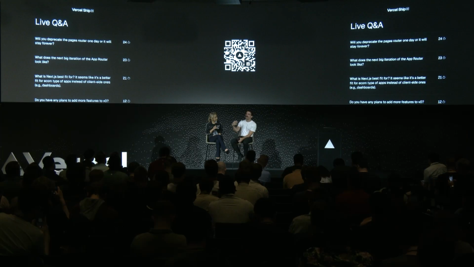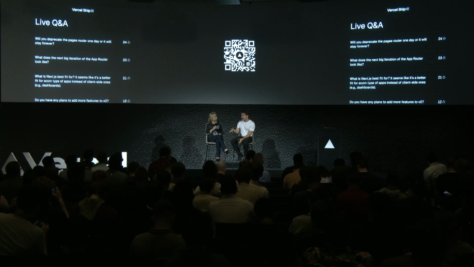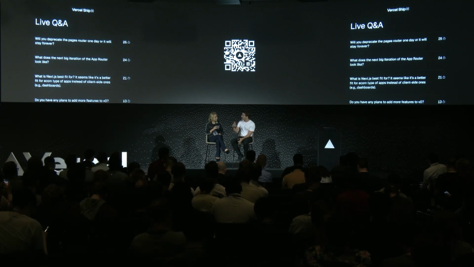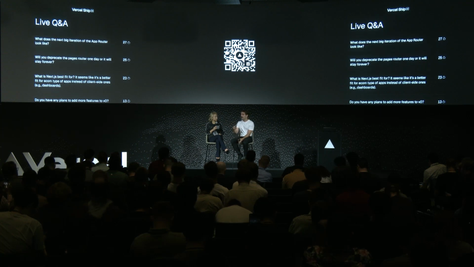Specifically, people were blown away by the streaming capability that V0 had. Today, when you use the models that have the most reasoning power, they take a little bit of time to think, right? They have to stream token by token. They're most likely to be correct compared to other models, but they take more time. So we invested in this streaming rendering technology. We also got lucky that we were in the right place at the right time because we had been investing in React Server Components and streaming for a long time. So we combined React Server Components and models and the ability to generate UI, and then we open sourced it.